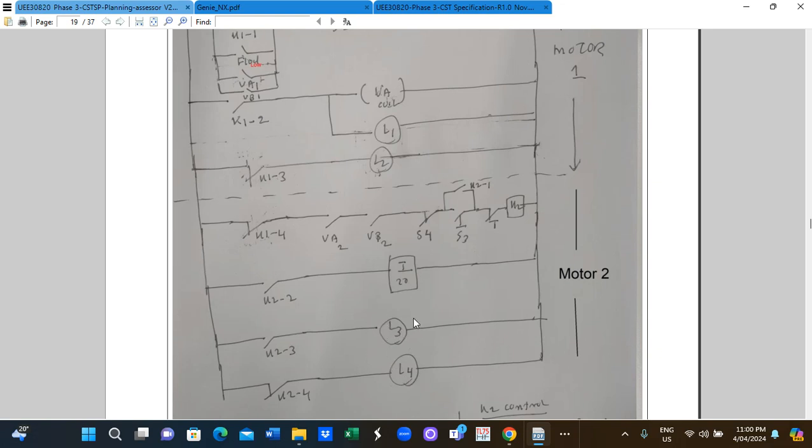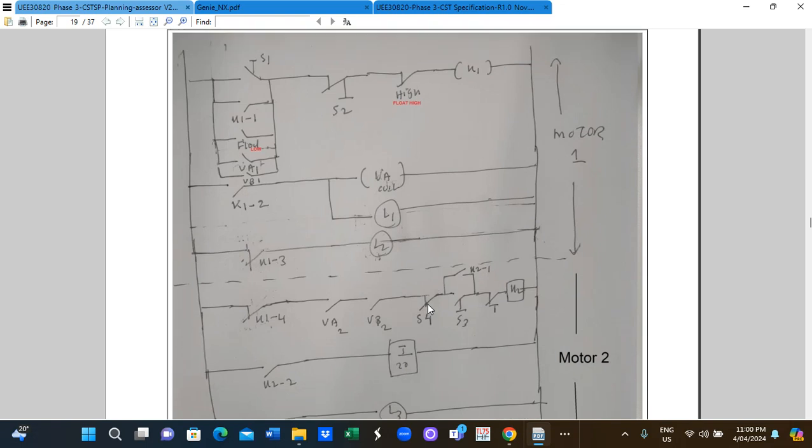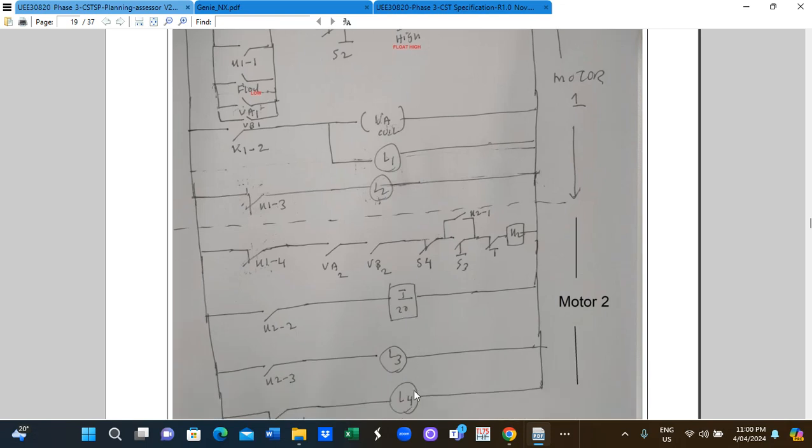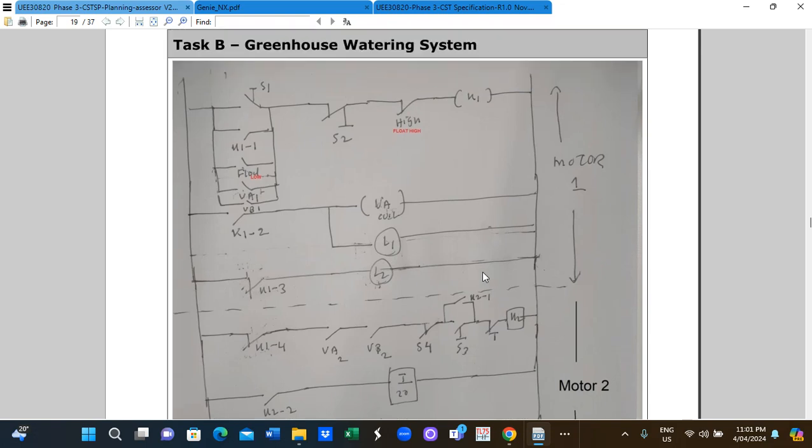Motor 2 running is indicated by light L3 turning on. So at the beginning, both L2 and L3, L4 are red lights. You can see the red light because both motors are in the stopped position, so you can start the motor 1 by pressing S1. When you press S1, the electrical current flows from the active line to the